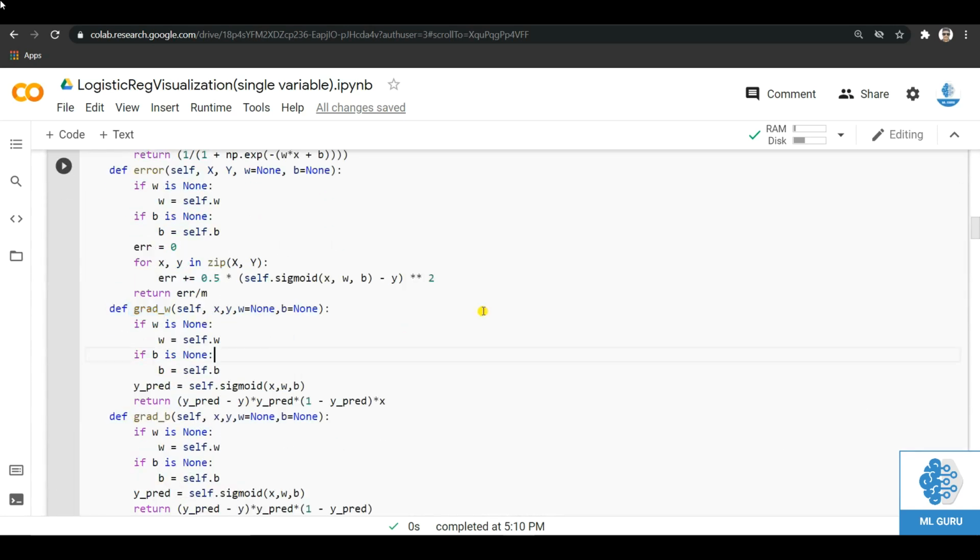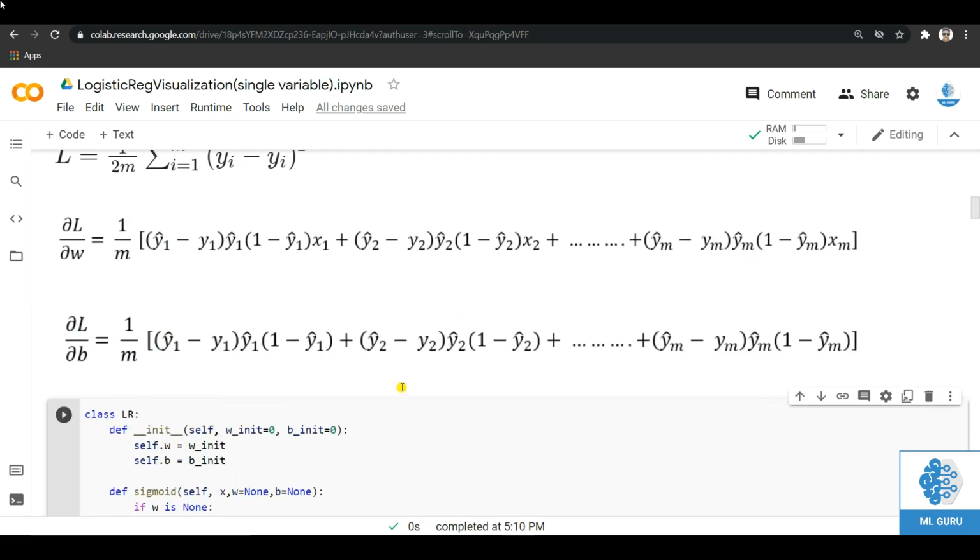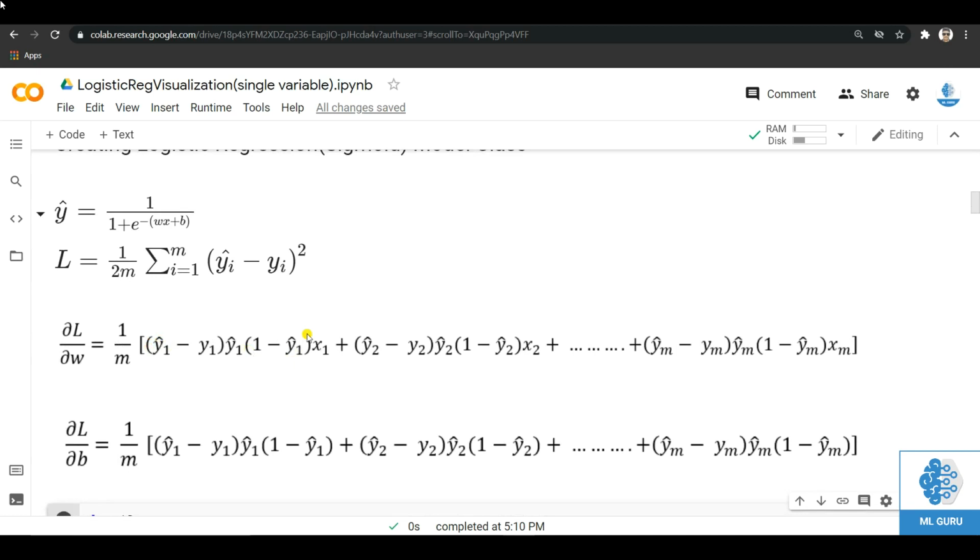So the next function which we will be defining is to calculate the gradient value, as you can see in this formula, for each data point specifically. For example, if I am calculating it for the first row, means the value of i is 1, so I will be calculating just this particular thing. For i equal to 2, I will be calculating only this particular thing.